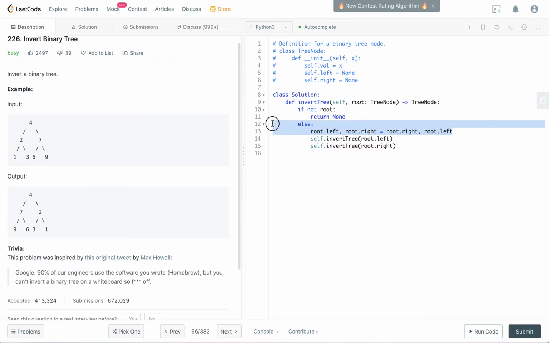Remember, when we pass this line, we swap 2 and 7, but we also have to do the same for 2 and 7's children. That's why we call the function itself recursively, self.invertTree(root.left) and self.invertTree(root.right). Okay, and